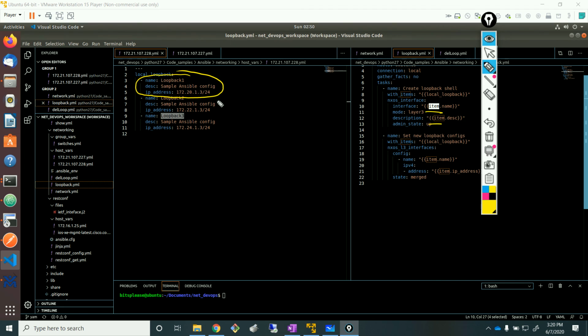If you did not have a list, if you have just one value, in that case it's going to be only that. But nevertheless, you can iterate through the various keys inside your local loopback using the item, right? That being said, let's go back,